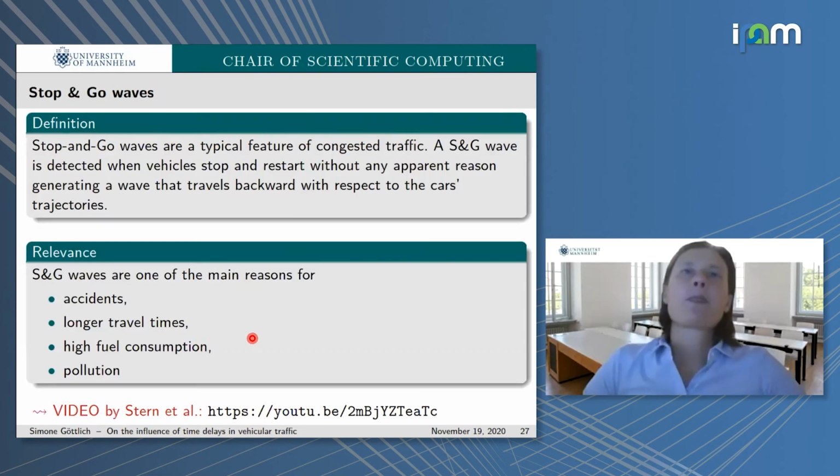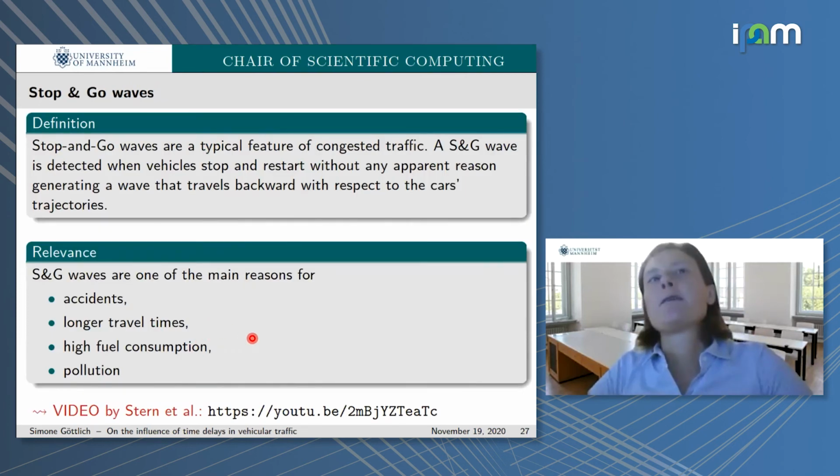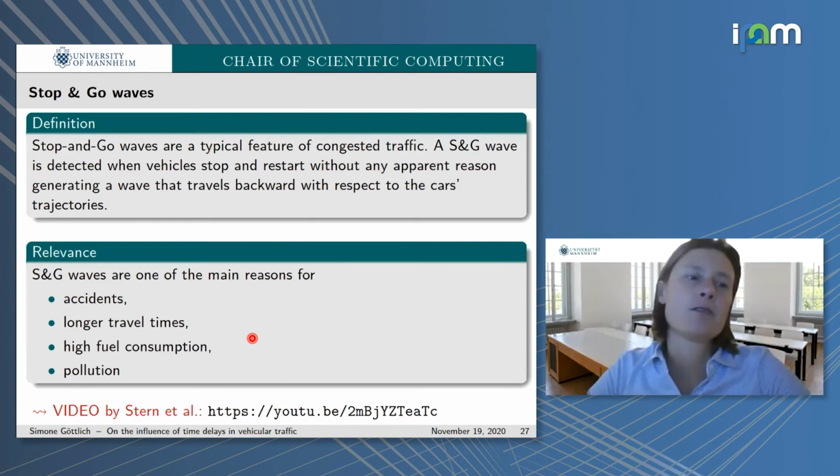So what can we also say about stop and go waves in the delayed model? Our definition: stop and go waves are a typical feature of congested traffic, and a stop and go wave is detected when vehicles stop and restart without any apparent reason, generating a wave that travels backward with respect to the cars' trajectory. Stop and go waves are one of the main reasons for accidents, longer travel times, high fuel consumption,